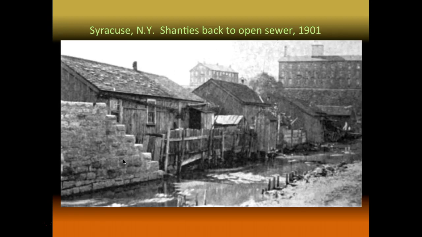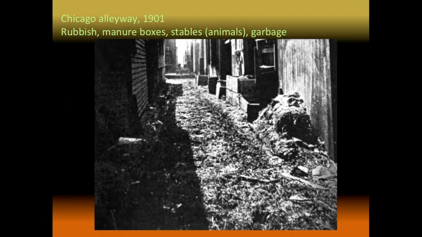This is an image of Syracuse, New York. And these shanties, these little houses, backed to an open sewer. This is a sewer area with all sorts of human excrements and garbage and toxic waste. And this is 1901. I could just imagine kids playing, and oh, the ball gets thrown and lands in the sewer, and you don't know any better, so you go to fetch your ball out of the sewer, and you don't know how to wash your hands, because that's not something that people are told to do, and you end up dying from one of those godforsaken diseases.